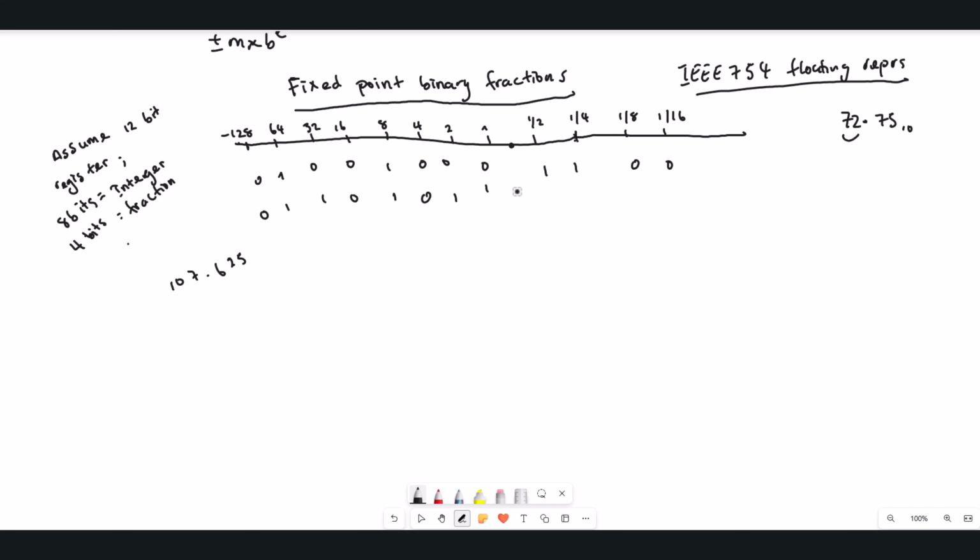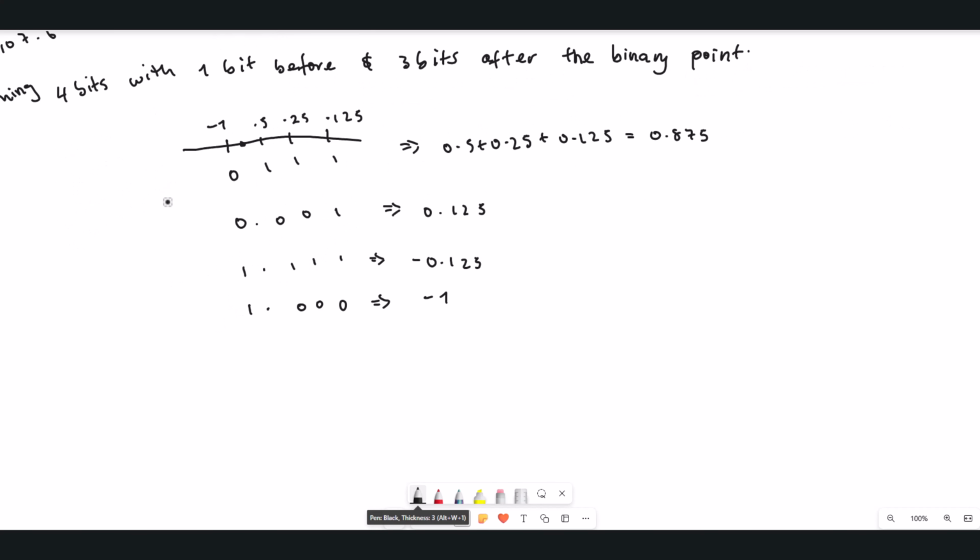All right, then on the decimal side of it, we have 1 0 1 and we have 0. This is our 107.625 in base 10 represented in binary using fixed point binary fractions. Okay, take a 4-bit register with 1 bit before and 3 bits after the binary point, and we